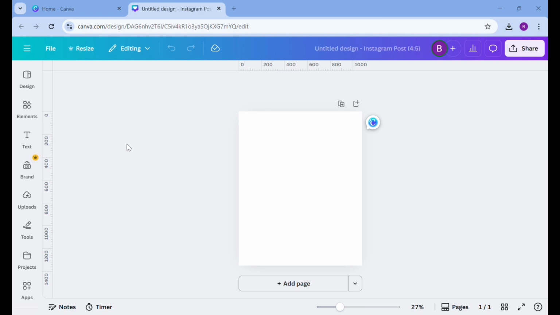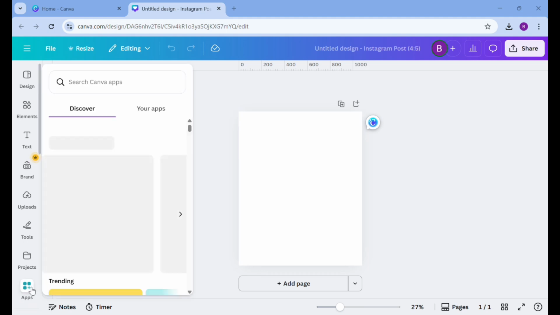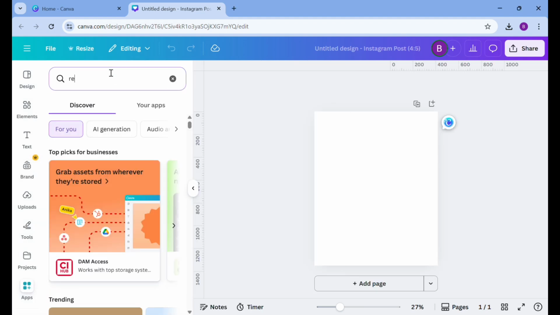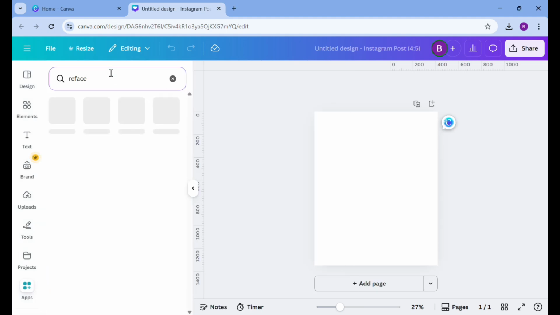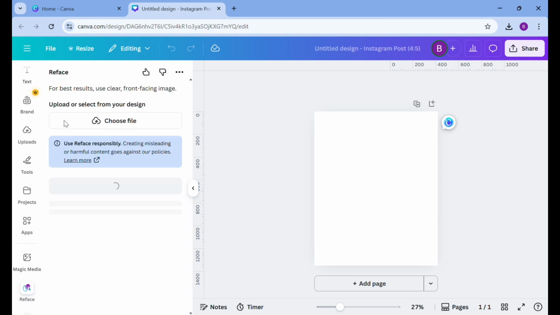So let's get started. First, open Canva and create a new design like this. Next, go to Apps and search for a face. This app, just click on it, and then next choose the photo, upload the photo that you want to edit